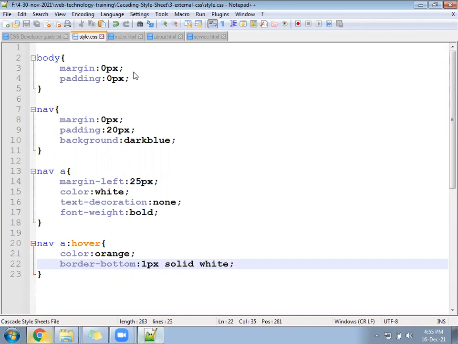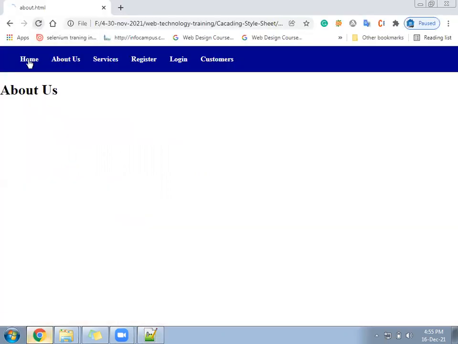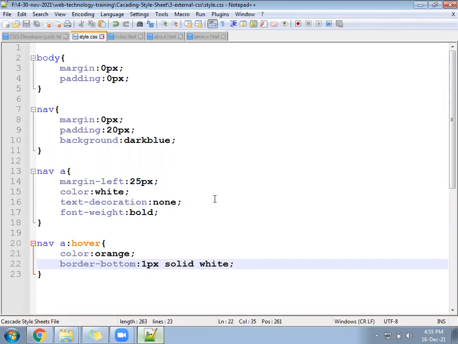Okay. Go ahead then. Once your mouse moves here, the color is changing. So this way also we can design the menu. That way also we can design the menu. Which way? The one you saw yesterday, UL LI A. This is without that. You directly use the a tag under the nav. Instead of nav, you can use some other tag also, but nav is for that purpose, especially to create a navigation bar.